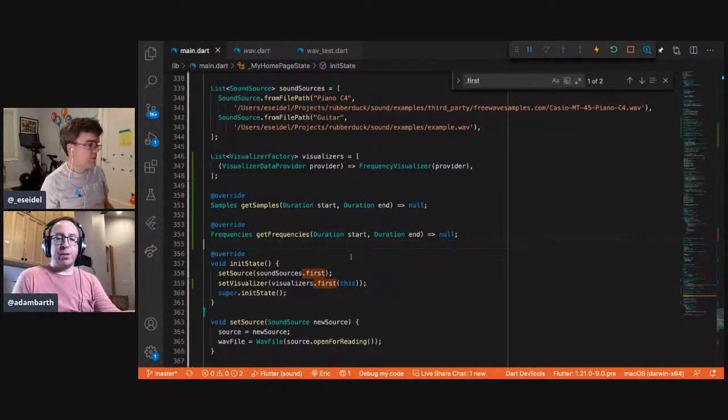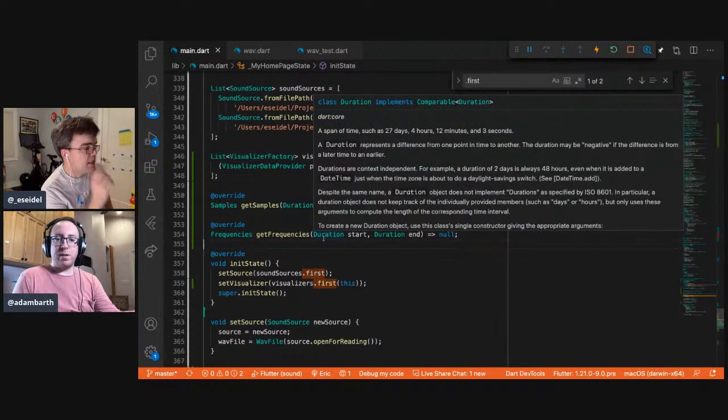So, yes. I think there are 2 pieces to this now, right? One is implementing these 2 overrides, and the second is changing the frequency visualizer to actually use our frequency painter and all those fun classes we wrote in previous episodes. Yeah, I think the most interesting thing to get done in our remaining minutes is get the frequency one up and painting in the new system. And then if we haven't done all the overrides for the samples one or the time-based one, we can do that off camera. But folks can still take this API, or again, you or I could take this API and write another visualizer off camera for another pull request next time. That sounds like an excellent plan.